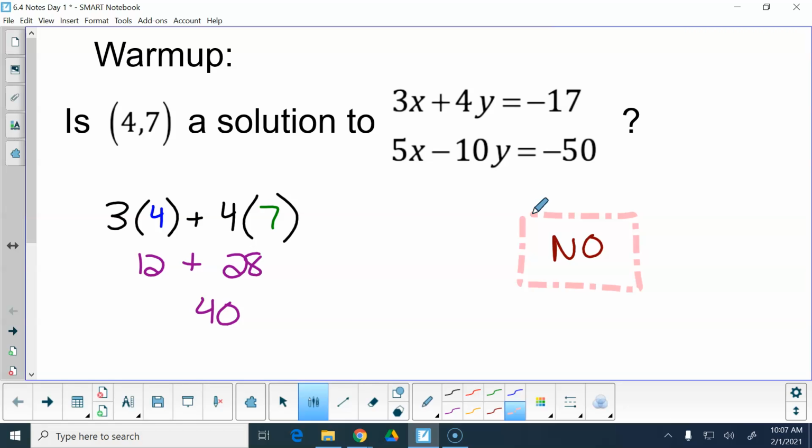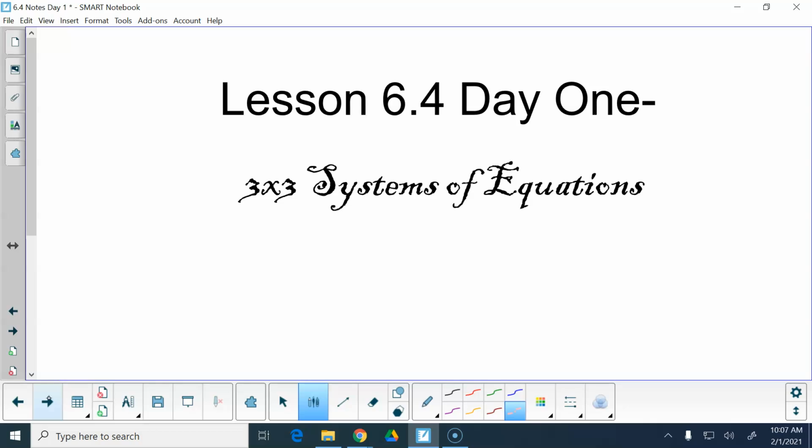Love it. And if it were true in that one, then we would have had to check it in the other one. And if it's true in both, then it is. If it's false in one, it's not. Love it. Okay? So today,